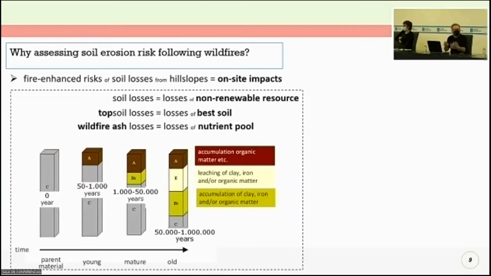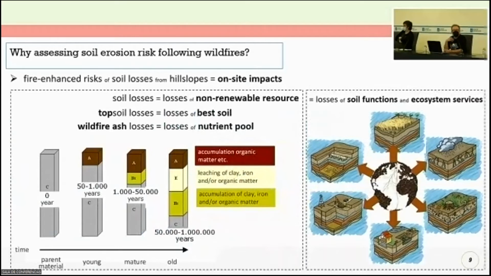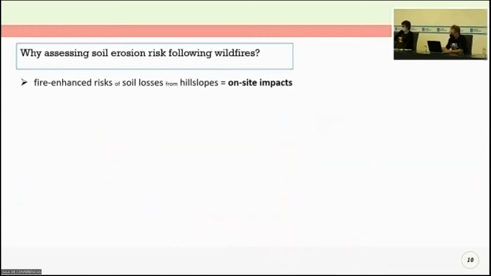So we are also losing nutrients that are essential to the ecosystem. And when we lose soil on the hill slope, we also lose soil functions. Not to forget, soil has very important functions and provides ecosystem services, like being a medium for growing plants, a filtering zone, and important for soil biodiversity, and so forth. So losing soil on the hill slopes means this kind of impact in terms of soil and soil land use